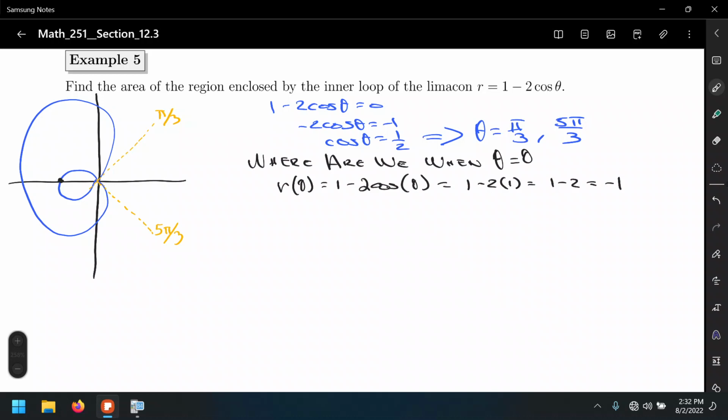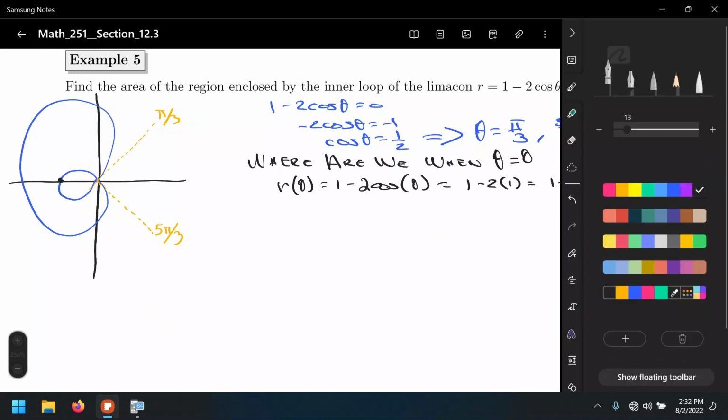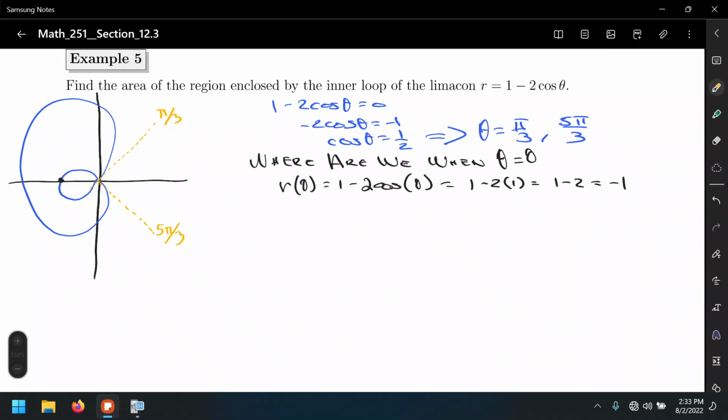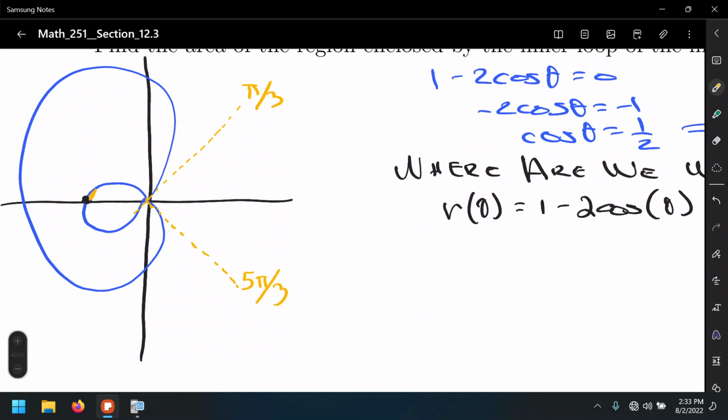I know it's on the negative x-axis, so it looks like it is at the angle of pi, but no, if you do the trace function on the graphing calculator for this particular function, that's the point that we will be at when theta equals 0 and r equals negative 1. So instead, what we're going to do is find the area of half of the loop and multiply that by 2. Okay, so the area of half of the loop,